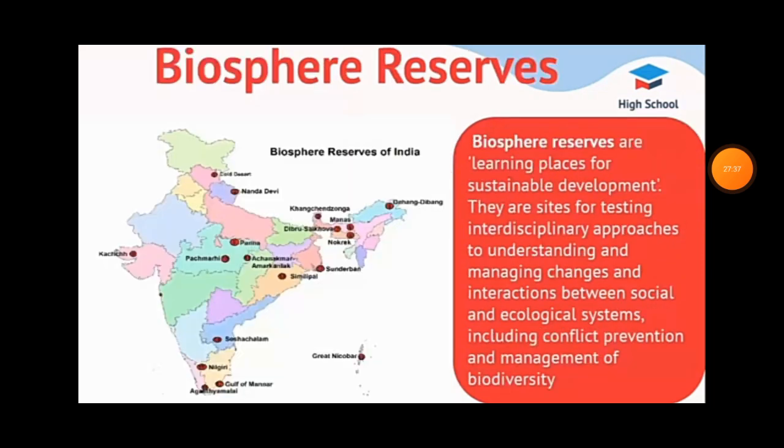Biosphere reserve. Biosphere reserves are protected areas of land and coastal environments. Biosphere reserves are nothing but protected areas, that is, in forests the government has named some areas as protected areas. The Indian government has established 18 biosphere reserves in India. 11 of the 18 biosphere reserves, Gulf of Mannar, Nilgiris, Sundarban and so on, are the main biosphere reserves in India. These fall under the list of the Man and Biosphere programme.